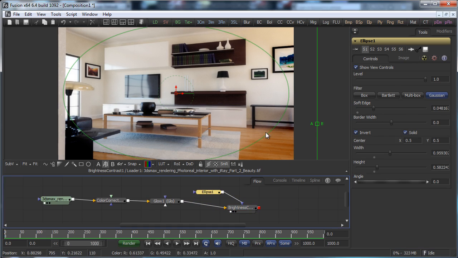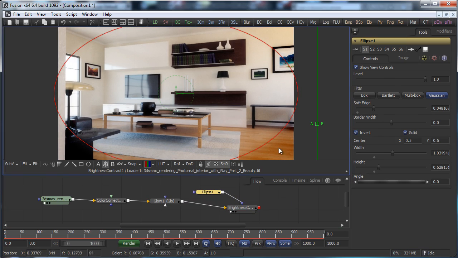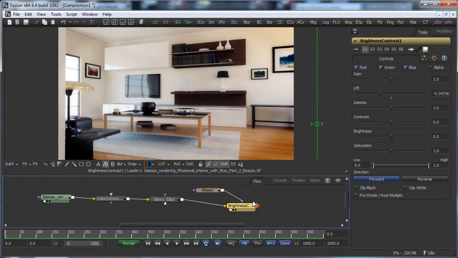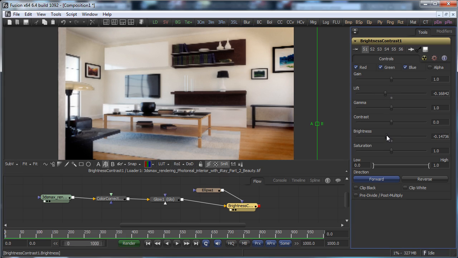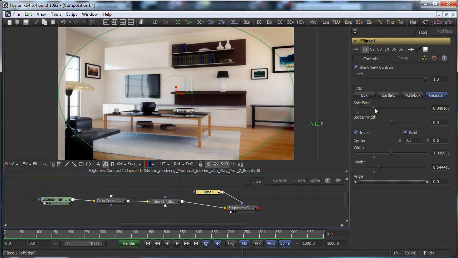Okay, let's scale just a little bit more there. Okay, so let's work on this one. We can use less lifting, and we can use more brightness. Let's go softer,